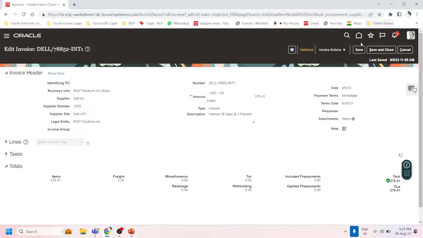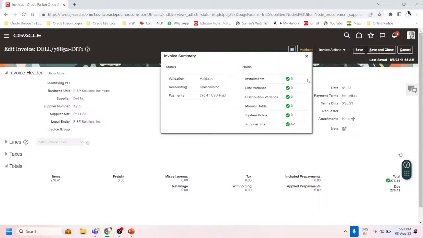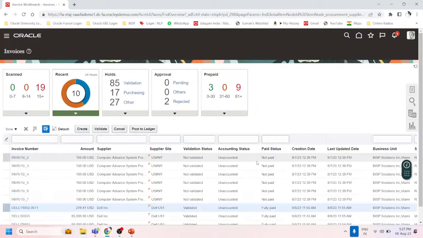So this is how the interest invoice gets created, right? So interest of 39 days, right? Cancel that. Let's move to the next topic